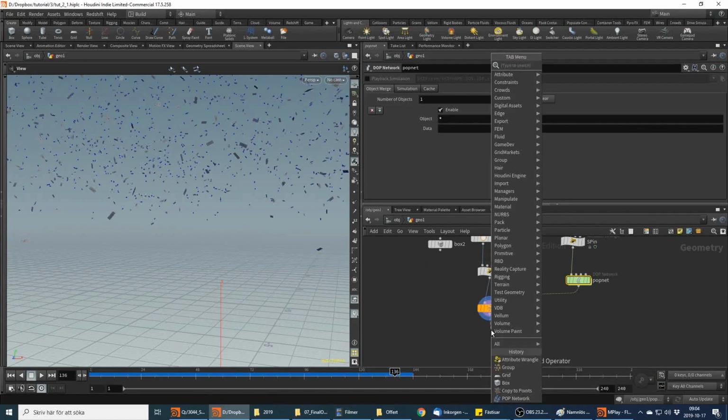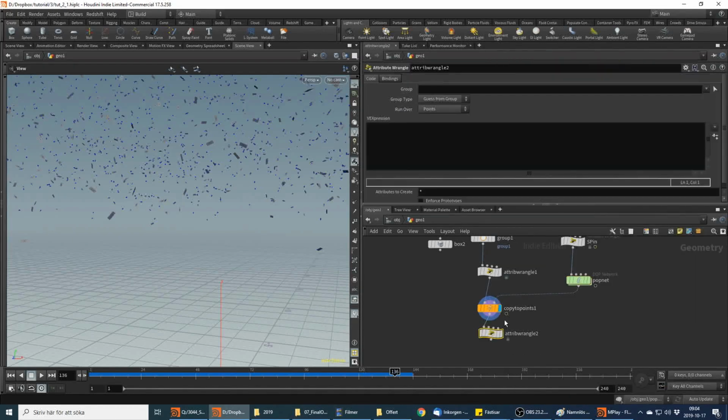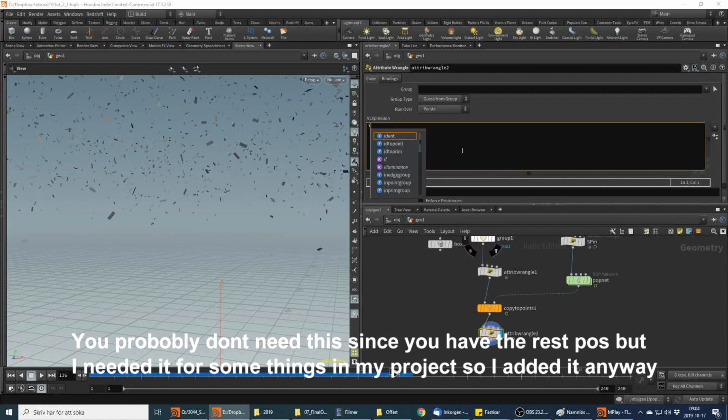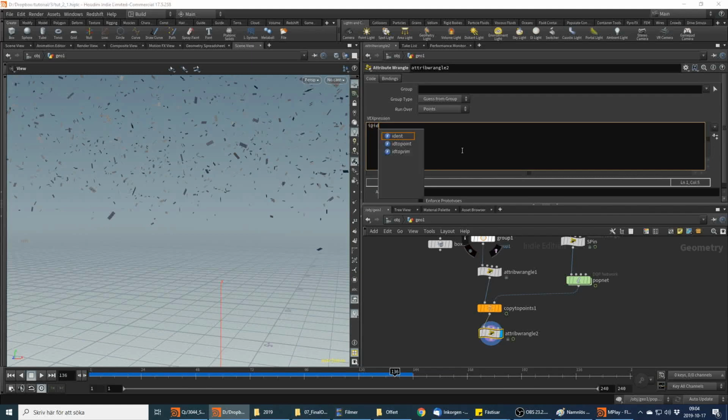We could also, actually, I also want to do another thing. I want to give them ID, and that's also pretty simple. Because we have an ID from the points, but if we want an ID for every point here, if we want to do something random with them, I don't know if we want that. But let's do it, and we do a second ID as well. So we do i@id2, and that's equal to our ID, which is for the points then. We can subtract by 1, so we start at 0. And then we can basically just do it by 16, because we have 16 points, and we do plus